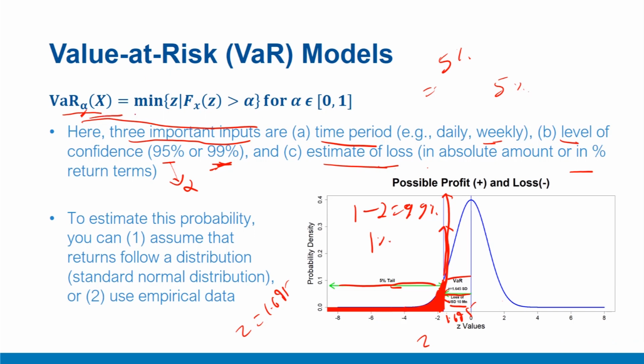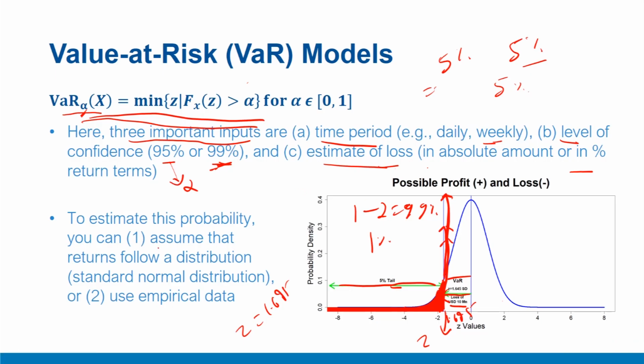This is what is represented by this formula, that the minimum value for a given chosen value of alpha percentile or quantile, let's say you're talking about 5 percentile, then the cutoff value is the minimum value of Z that corresponds to this cutoff. Which is nothing but simply the percentile value corresponding to the 5 percentile or alpha level. Now there are two ways to estimate this number.